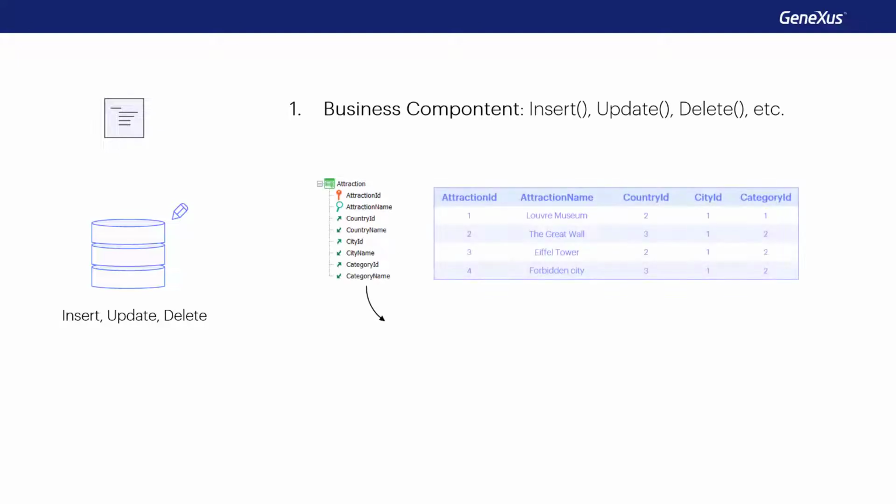To update the database using code, there are two possibilities: using the business component of the transaction through its methods, or exclusively within a procedure through the new for each commands with direct assignment of the attributes to be modified and the delete command.